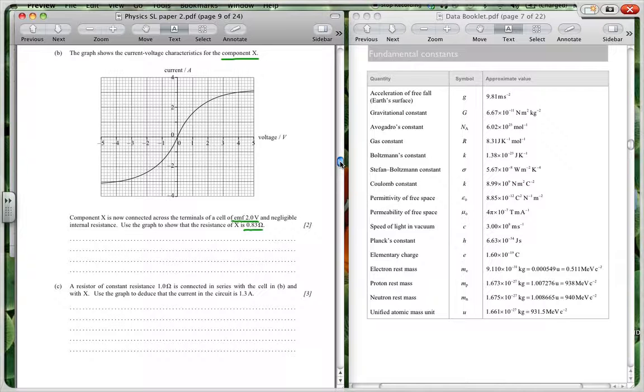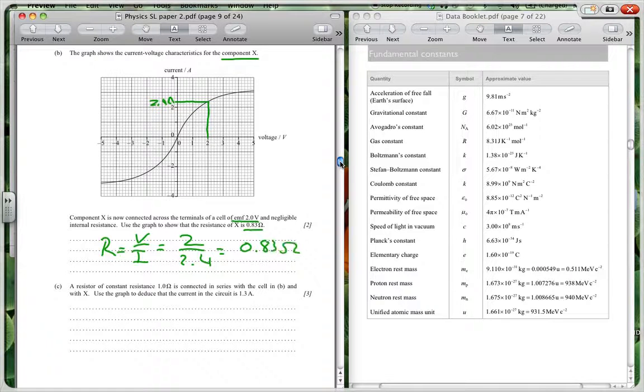Well, at 2 volts, if we go up here, we are there, and if we go across there, each one of these is worth 0.2, so that's going to be 2.4 amps. So our R is equal to V over I, which is 2 divided by 2.4, and if we divide that out, we should get 0.83